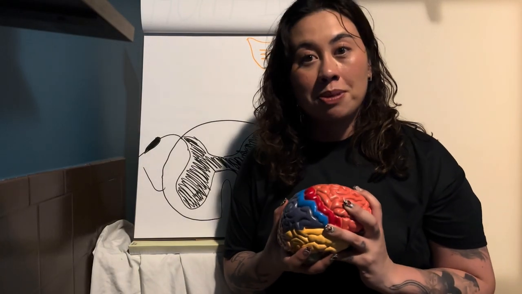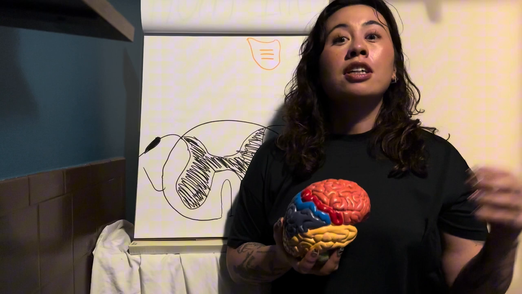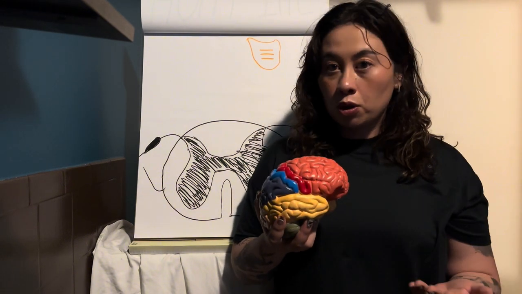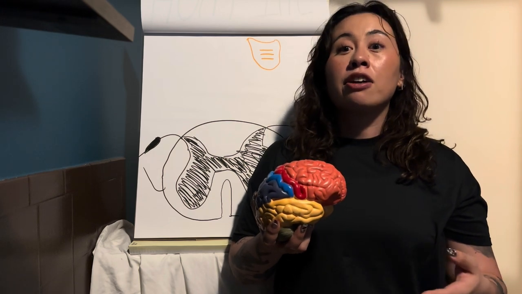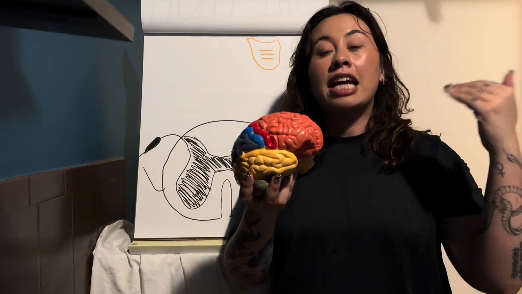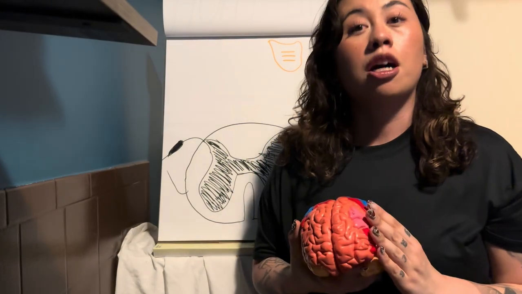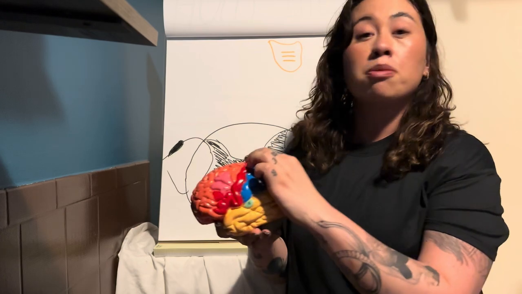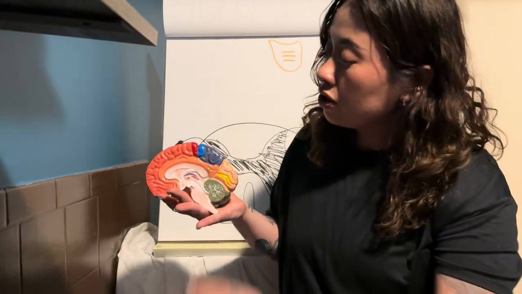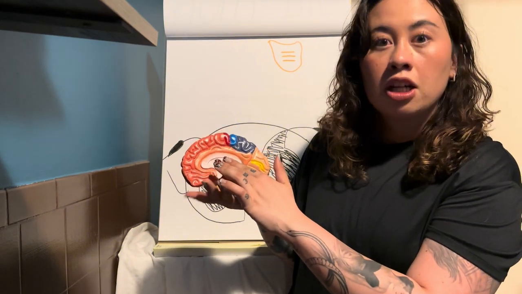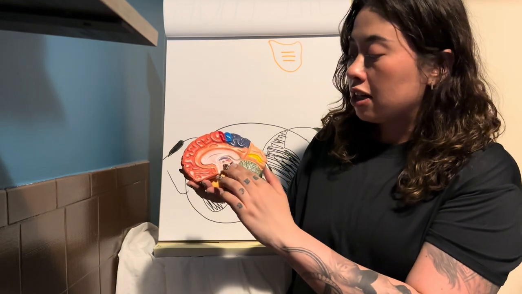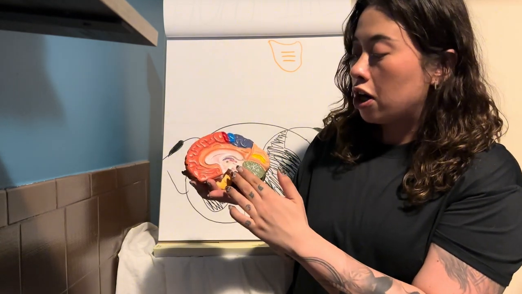Once the movement has been decided, the signal then enters the upper motor neuron pathway. The upper motor neuron pathway carries the command from the brain, the cortex, into the spinal cord. Upper motor neurons begin in the primary motor cortex. They descend into the corona radiata, converge in the internal capsule, and travel down through the midbrain into the pons